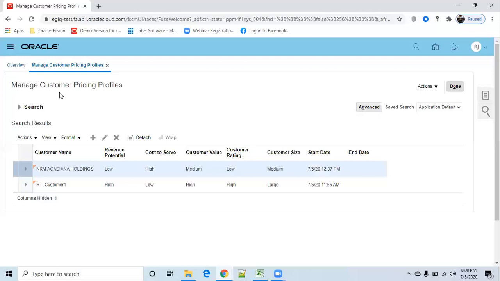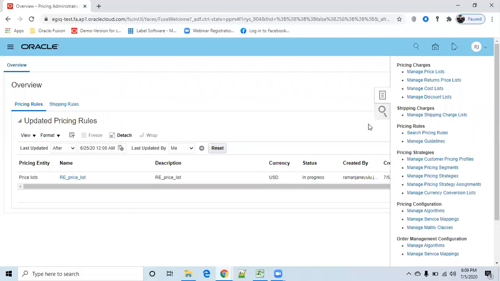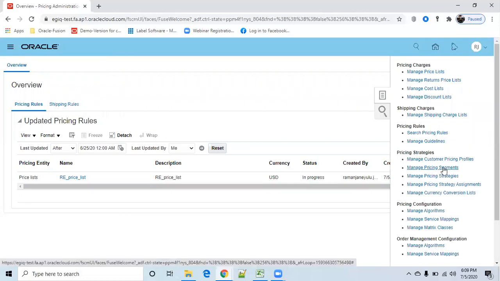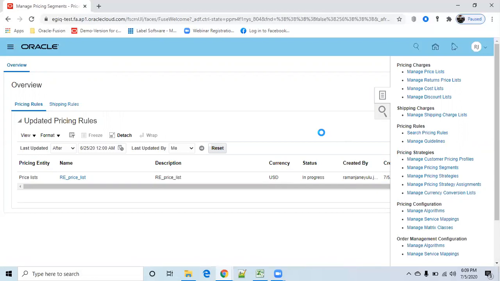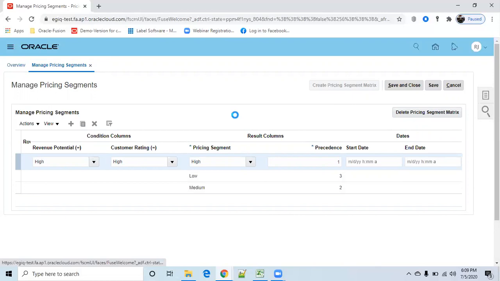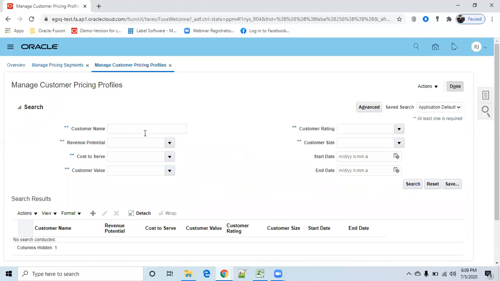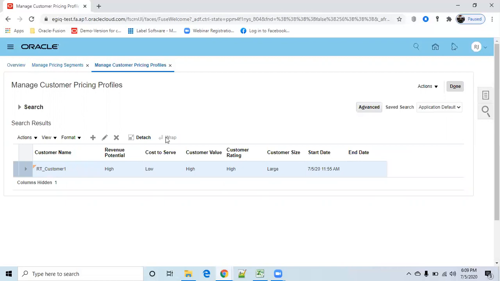Once we have done the customer pricing profile, the next step is to go to pricing segment. What is the significance of this pricing segment? Let me open this customer pricing profile also, so that we'll understand easily. My customer pricing profile is RT customer 1. These are my attributes: revenue potential high, cost to serve low, customer value high, and customer rating high.